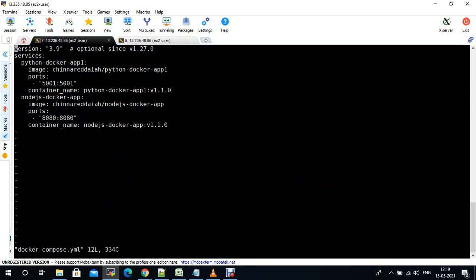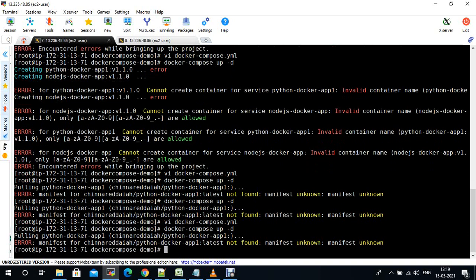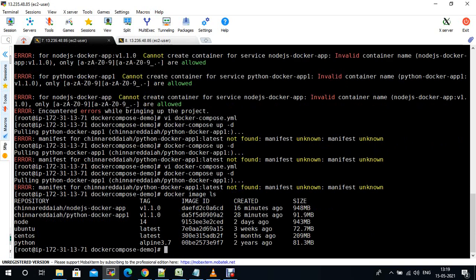vi docker-compose.yml. docker images, image ls, one.